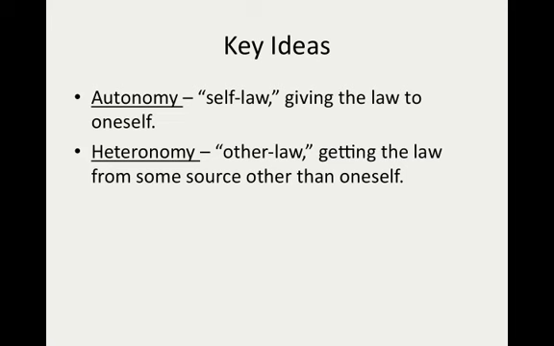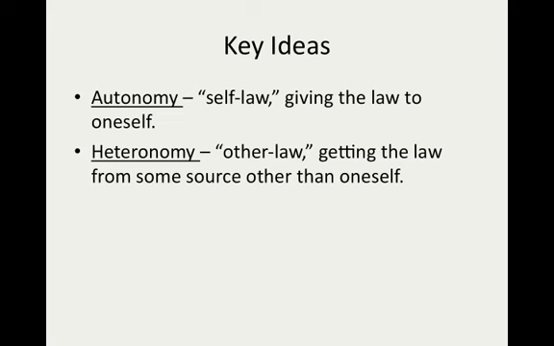Or the law could come from society only. It's the collectivity, the social group that determines where the laws are, and the individual should obey those socially generated laws. Or it could be, and this might be a little weird to think about, maybe the law comes from your human nature, like natural laws we learned in Thomas Aquinas. Well, for Kant, that's still heteronomous. It doesn't come from you, it comes from evolution and the natural world, and the fact that as a biological being you get hungry and tired and so forth, and all those things somehow generate the shoulds, the oughts in your life. Kant rejects that.